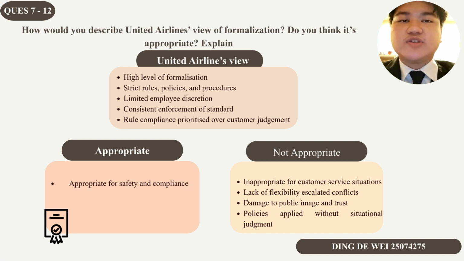Employees lack discretion to de-escalate conflict or adapt to unique circumstances. This rigidity turned minor issues into viral public relations disasters, harming United's reputation and customer trust. In short, while formalization supports efficiency and safety, over-formalization reduces empathy, flexibility, and service quality, making it inappropriate as